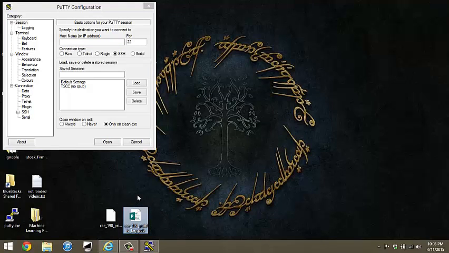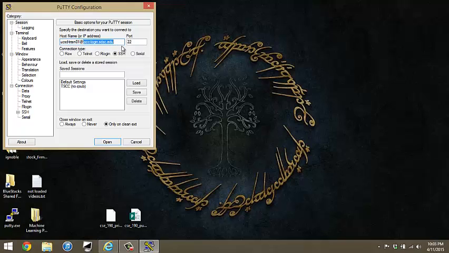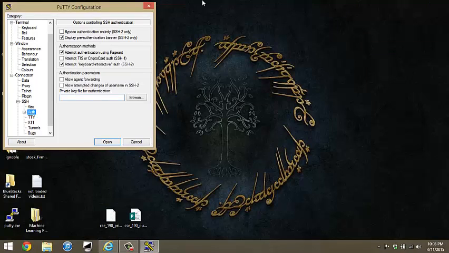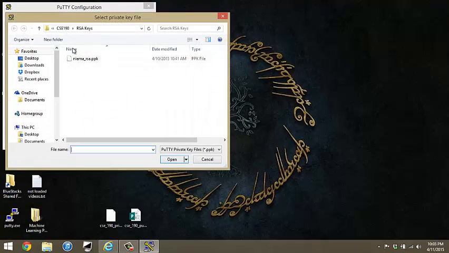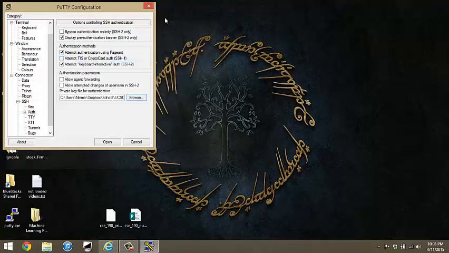So now, assuming you have a public key set up and you have your private key still saved, this is how you would connect to your account. So for the host name, you type in your account's username, @ and then tscclogin.sdsc.edu. Keep the port to 22. Then the special thing to set it up with your specific private key, you go to SSH, go to Auth, and then where it says private key file for authentication, click Browse, navigate to your private key, mine's right here,